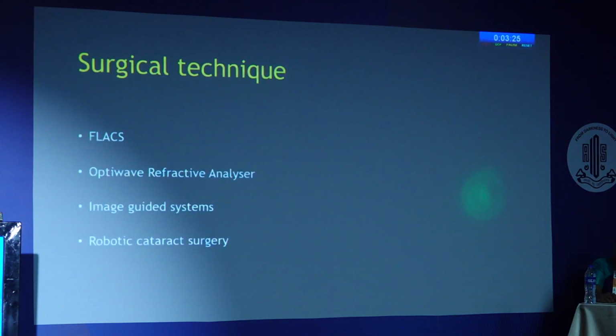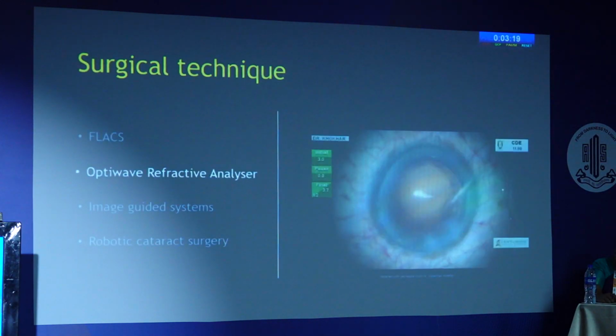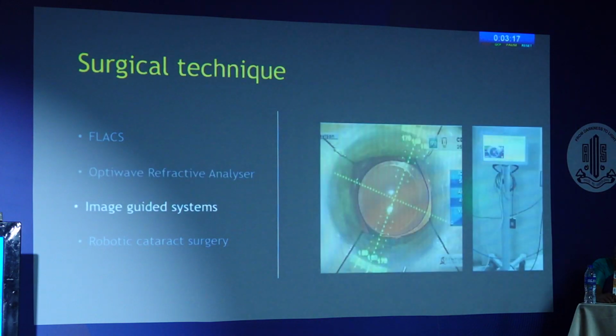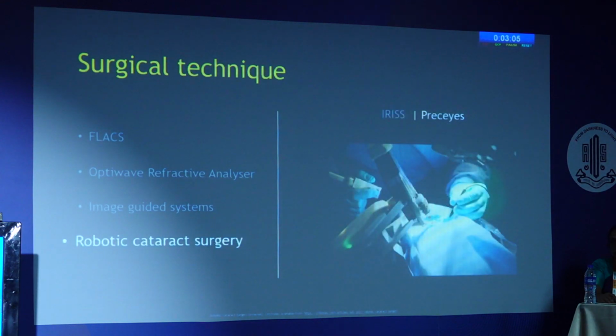This demands high surgical precision, and existing technologies such as the femtosecond laser assisted cataract surgery, the Optiwave refractive analyzer, and image guided systems such as Verion and Callisto are going to play an important role in achieving the same. More recently, robotic surgical systems are being explored in the field of ophthalmology, which includes cataract surgery as well. Two such systems with high precision and stabilization are IRIS and PRECISE, which have shown excellent results in the preliminary